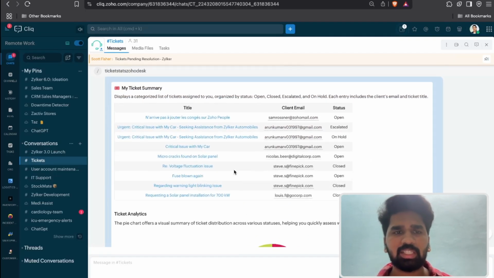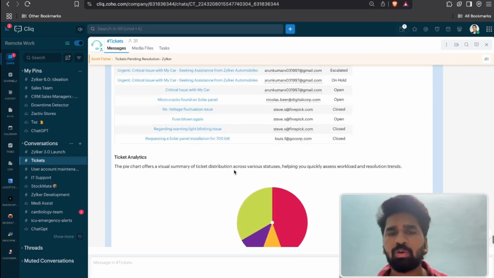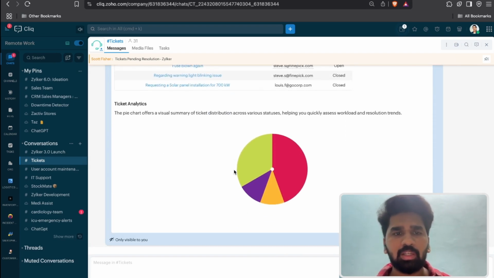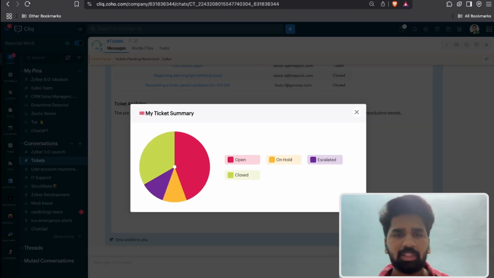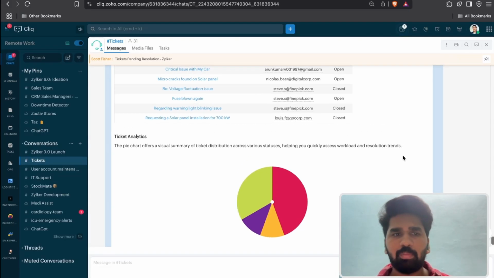So after invoking the slash command, it displays the categorized list of tickets assigned to you, which is organized by status, whether the ticket is open, closed, escalated, or on hold. You also have a pie chart, which offers a visual summary of the ticket distribution across various statuses of the ticket, which helps you to quickly assess the workload and the resolution trends. So in this way, based on your use case, you can build any internal tool which can easily automate your